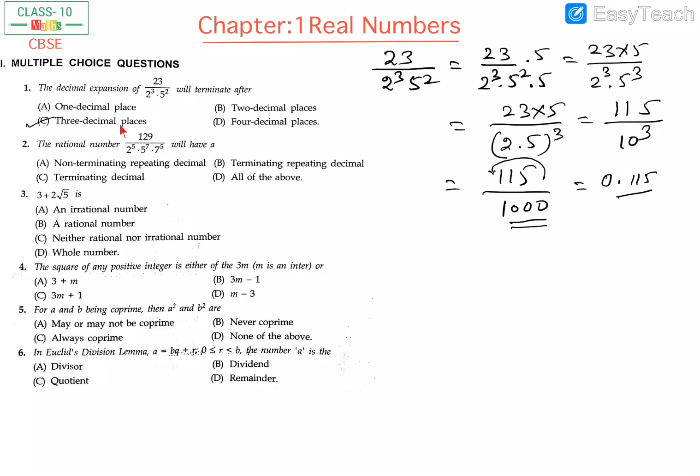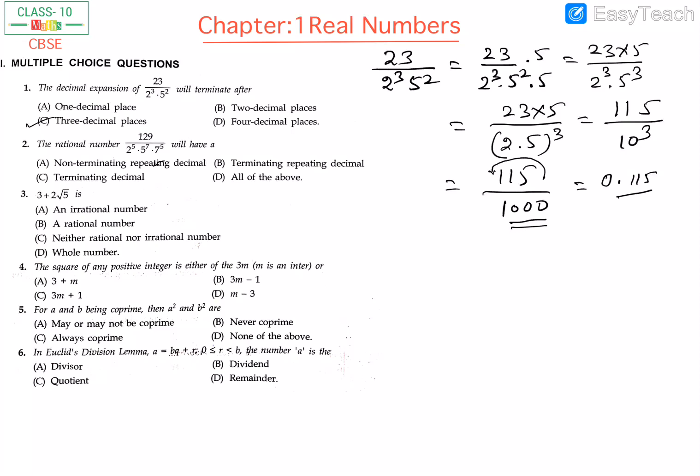Since this is a rational number because it is in the form of p by q, also there is no common factor in numerator and denominator because 129 is itself a prime number, and the prime factorization of the denominator is not of the form 2 power m into 5 power n. Due to the excess presence of 7 raised to power 5, this will have